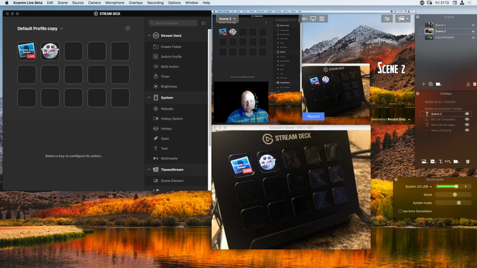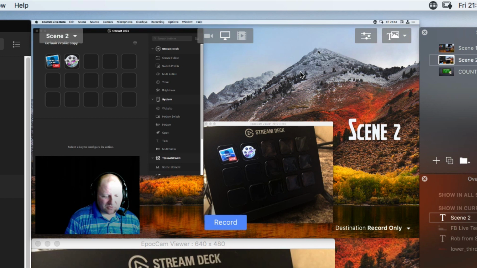All right, guys. So just to give you a quick orientation of what we're looking at, we're going to be dealing with the Elgato Stream Deck and how we can utilize this inside of Ecamm Live. And what Stream Deck will do for you is it allows you to utilize some of the hotkeys without even knowing where it is on the keyboard. So, and I'll show you how we can do some pretty neat things within Ecamm Live, and also utilizing the